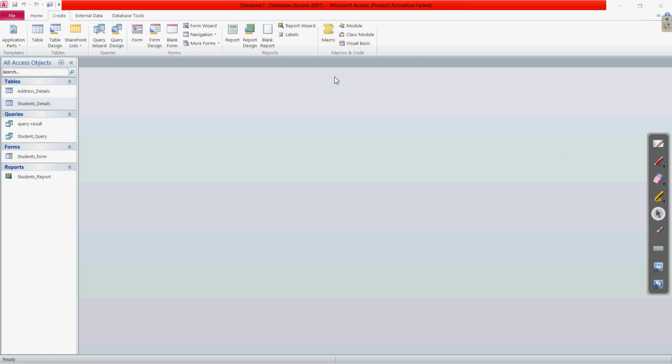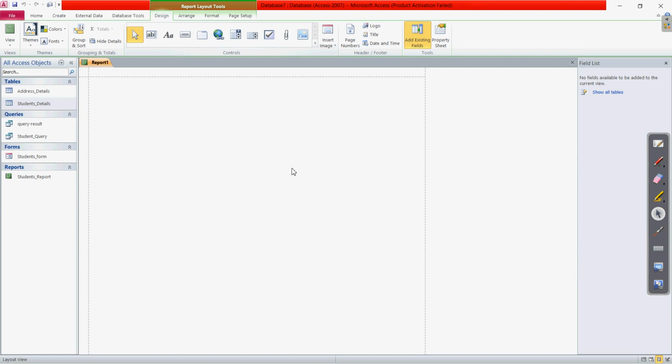Click on this blank report, and when you click on it, we will get a blank area, and at the right we have the field list. Clear? From this field list, when you click on show all tables, all the tables present in our database appear here. When you click on this plus symbol, all the tables and their fields will be expanded. Clear? Whatever field we want to choose, we have to select that and drag it to this blank area.